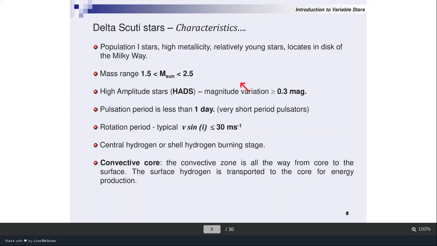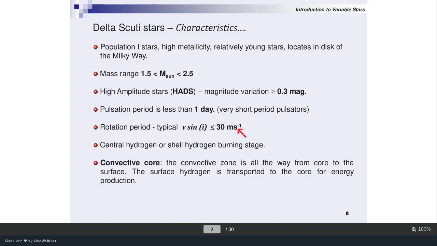They have high amplitude variation. I mean, the magnitude variation is large, some of these stars about 0.3 magnitudes. So it is very easy to identify this magnitude variation with a small telescope. And the pulsation period is less than 1 day. Typically they are slow rotators, about 30 meters per second